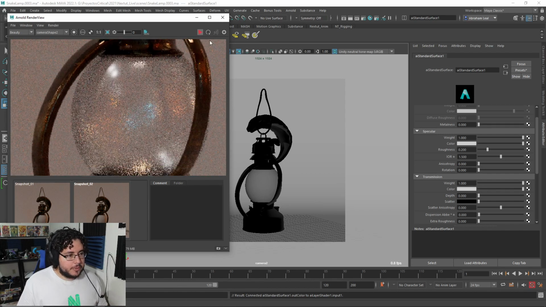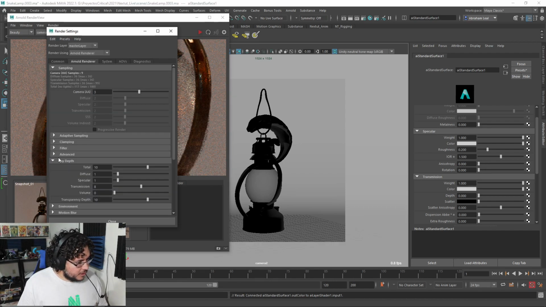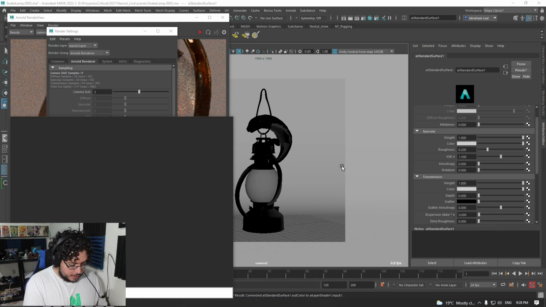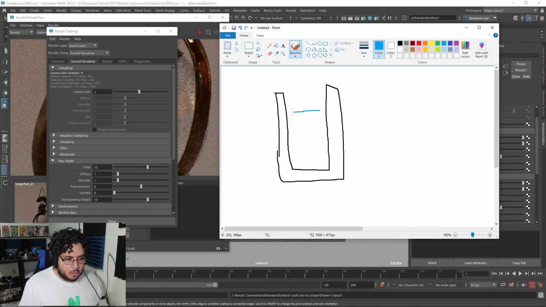But there's a couple of things that I want to do. First of all, if we go down here to the ARNOLD renderer, there's a little option in the ray depth that you need to take into account. Let me explain how this works. It's a little bit technical, but hopefully you guys will get good information out of this. Right now we have a ray depth of 8 in transmission, meaning that if we had a glass of water, let's say this is a cross section of a glass of water, and then we have our water here, right? And let's say we have a red sphere on the other side, also a crystal red sphere with thickness, and then behind that we have, I don't know,